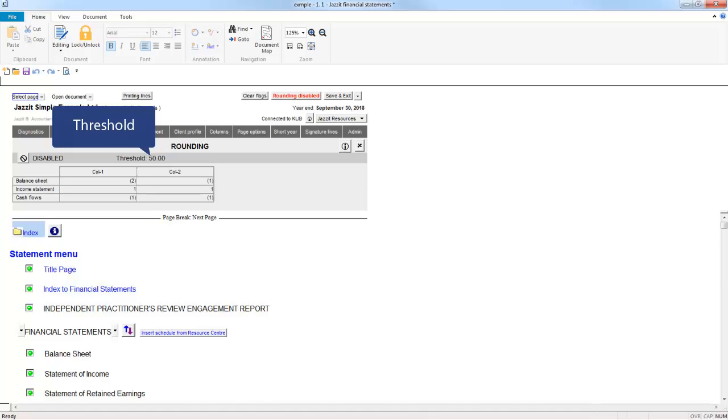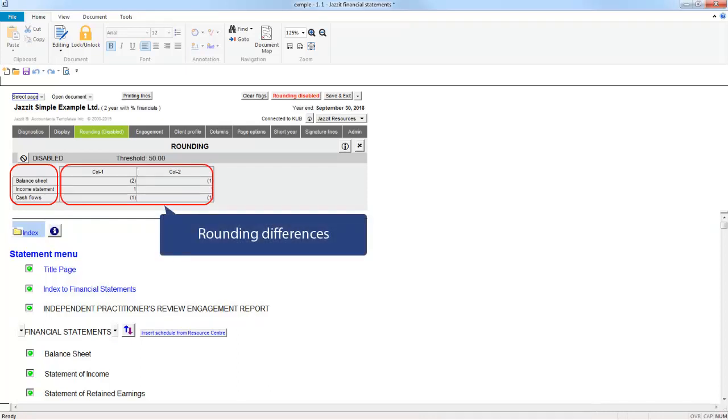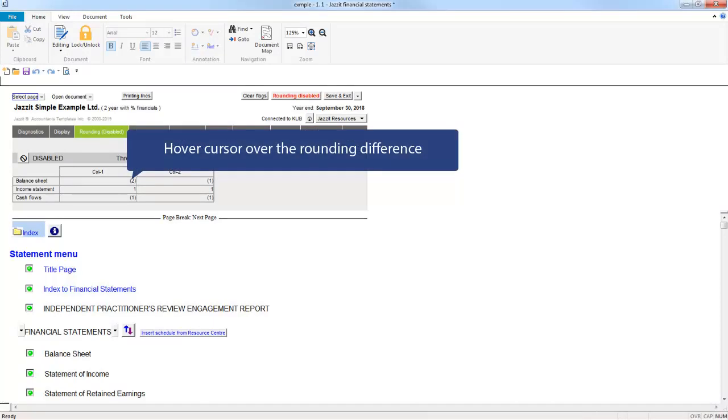The selected rounding accounts for each individual statement are displayed, along with the current rounding difference in each statement. Your firm's Jazzit administrator can adjust the rounding threshold in the firm profile module in the Caleb file. If you need to select different rounding accounts, simply hover the cursor over the rounding difference,